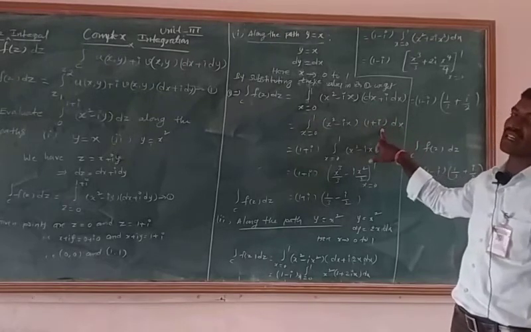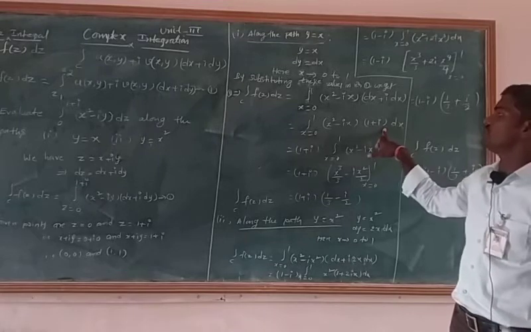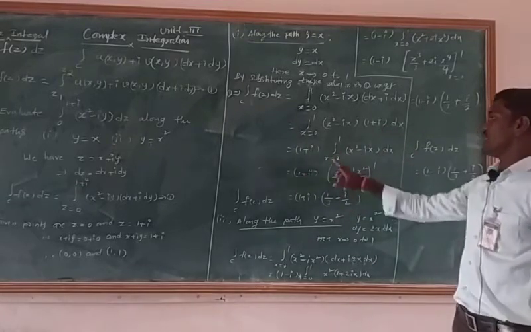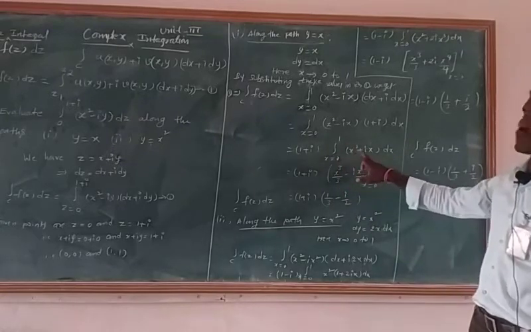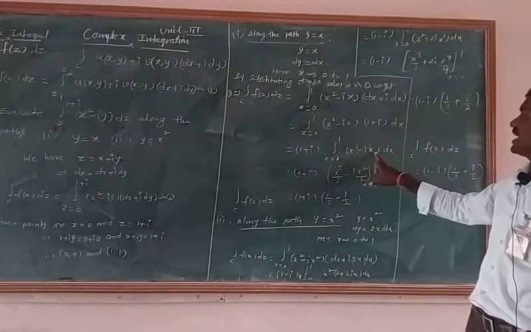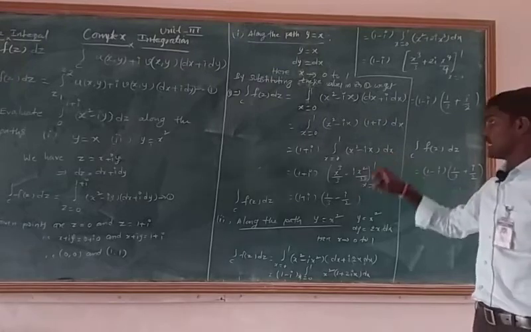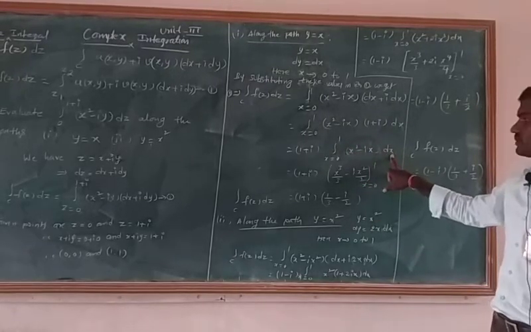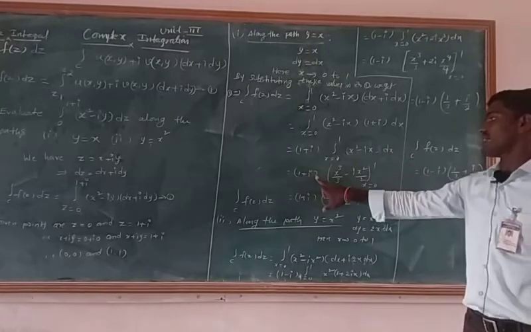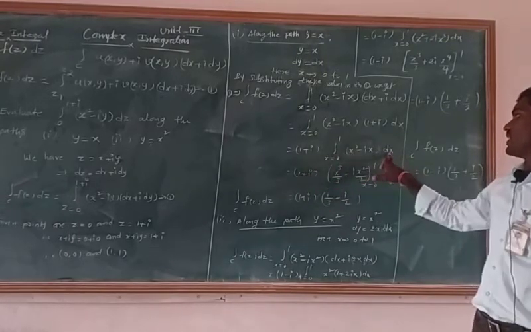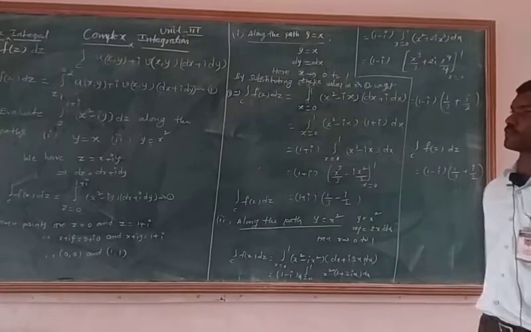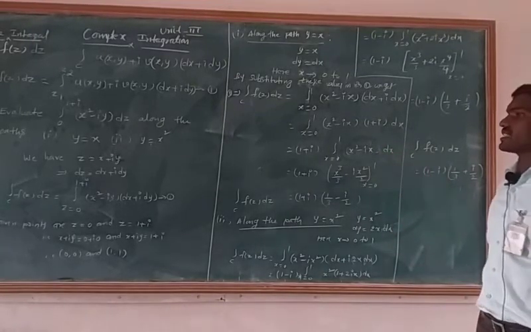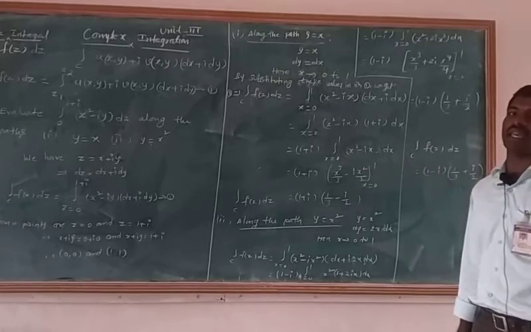Here 1 plus i is a constant value, so we can write it in front of the integral. That equals 1 plus i into the integral from 0 to 1 of x square minus i into x into dx. And then finally integrate this result with respect to x. That equals 1 plus i into integral of x square into dx. Since we know that integral of x power n into dx equals x power n plus 1 by n plus 1,